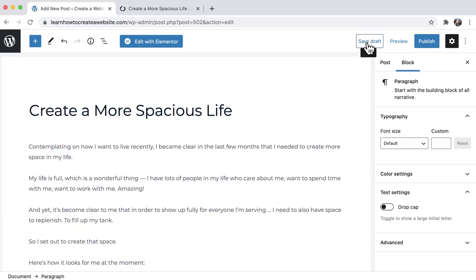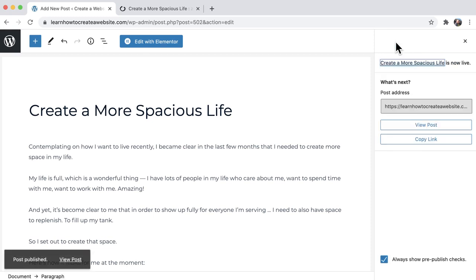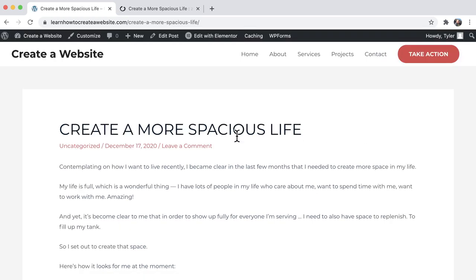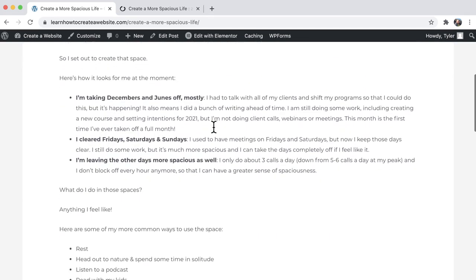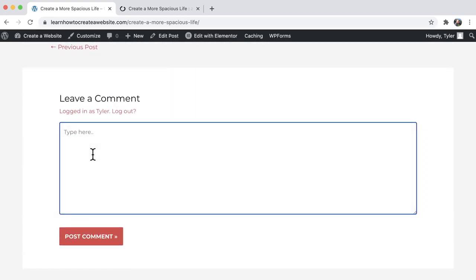We can save draft if we're not done with our blog yet, but if we're done, we can go ahead and click on publish. Then we can publish it again. And now our blog is published to the internet. If we click on view post, we can view this post. We can see the title right there when it was created. Of course, we can edit this to make it look different, which I'll show you later. And we can scroll down, see the post, and then people can comment on it,